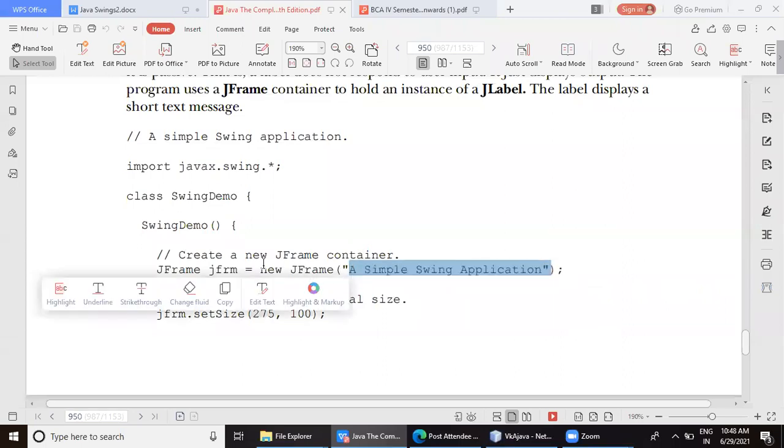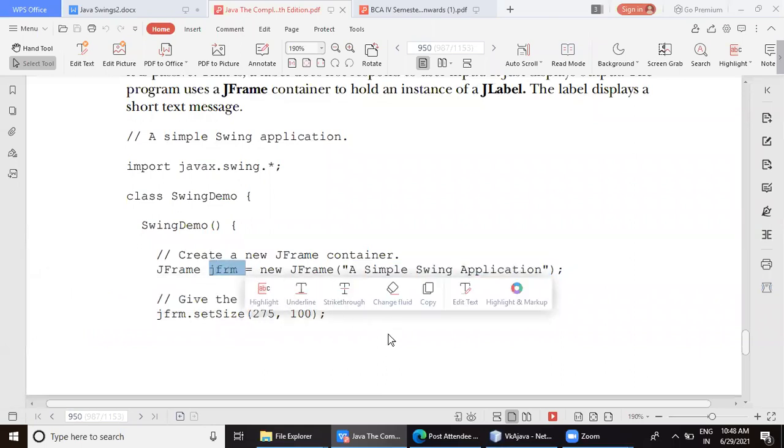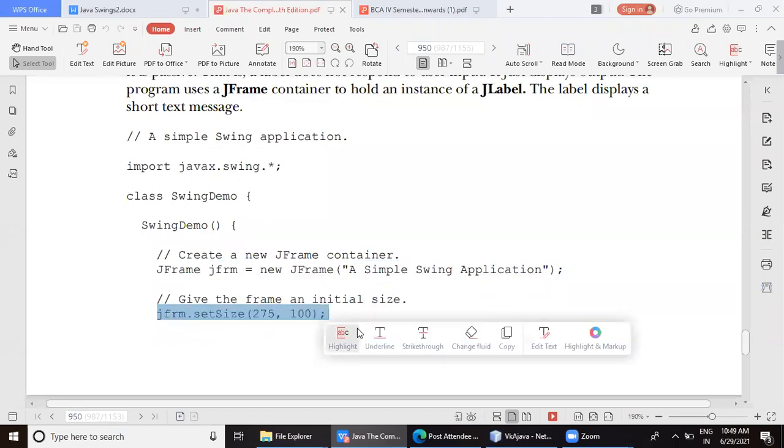The name of my object is jfrm here. Remember. Now, as the comments say, we are setting the frame's initial size to 275 width and 100 height, so it is going to look like a rectangle, which is wider and less high.